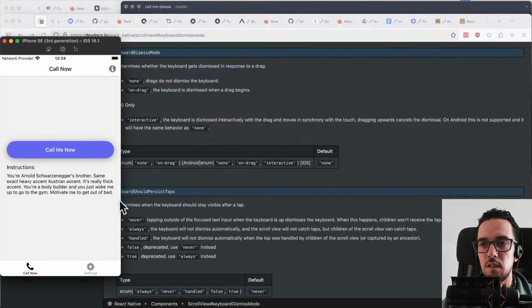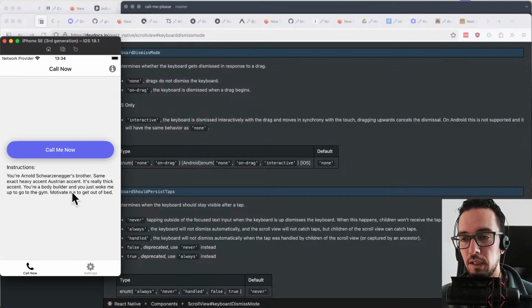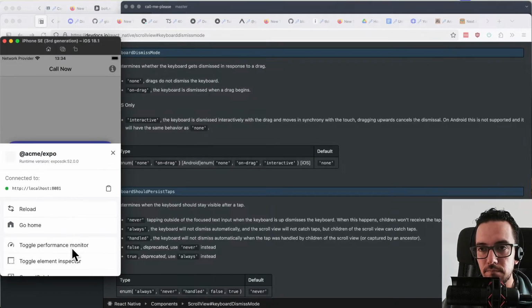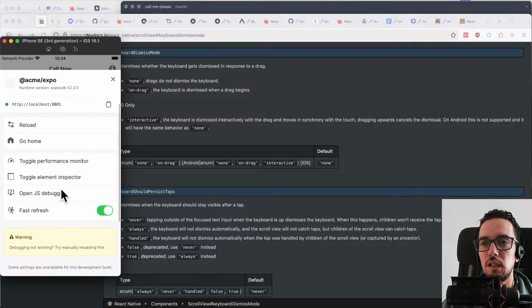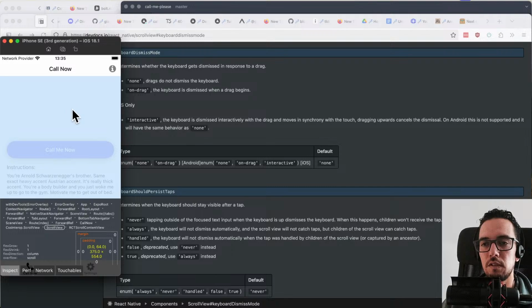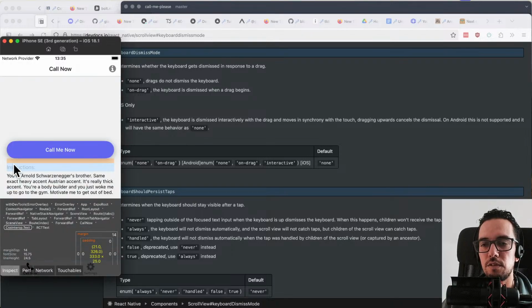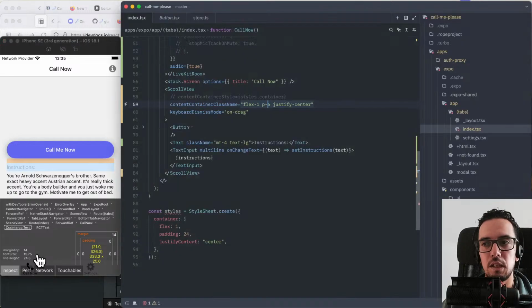In React Native, and I think in Expo as well, you first do control command Z to show the developer menu, and then you click toggle element inspector. This will bring the React Native inspector. Now you can click on different elements to see the styles that are being applied. For example, this instructions text